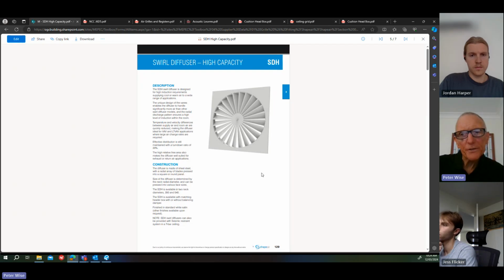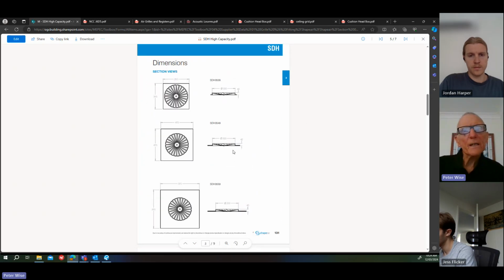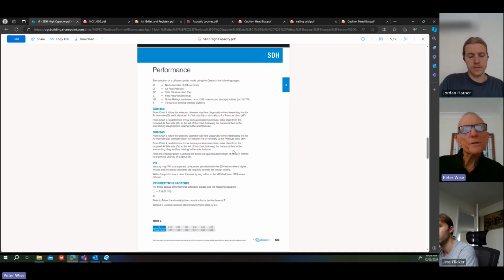It's a whole lot of slots, and you can see that the air is being directed in a circular motion. So the air coming out of the grill is swirling. That's what it's called, a swirl. It's going around in more of a circle, and that's tending to get more induction because air's going in 360 degrees. With a louver face diffuser, you're not really getting a 360-degree pattern because there's gaps in between on the corners. So the swirl does give better air distribution. And again, here you've got all the dimensional data, performance data, but you'll find when you compare,